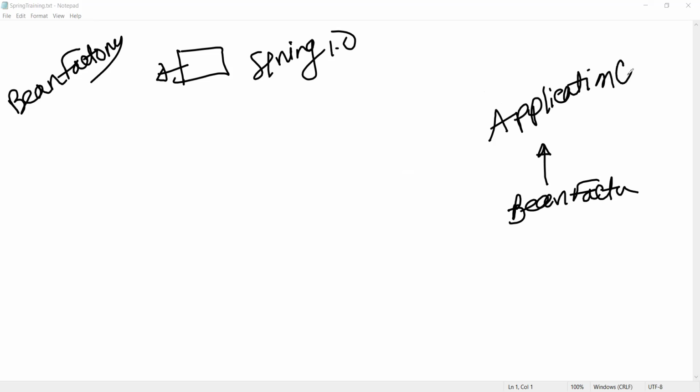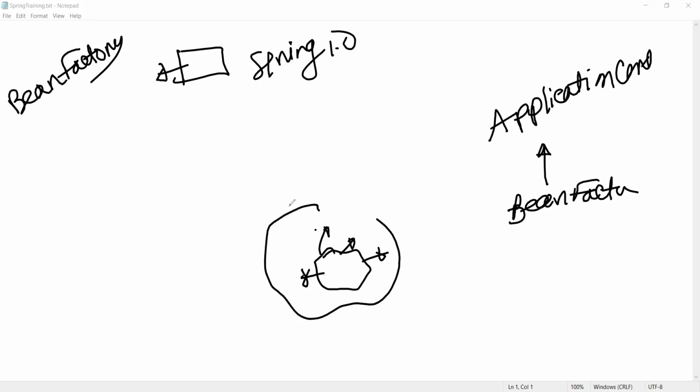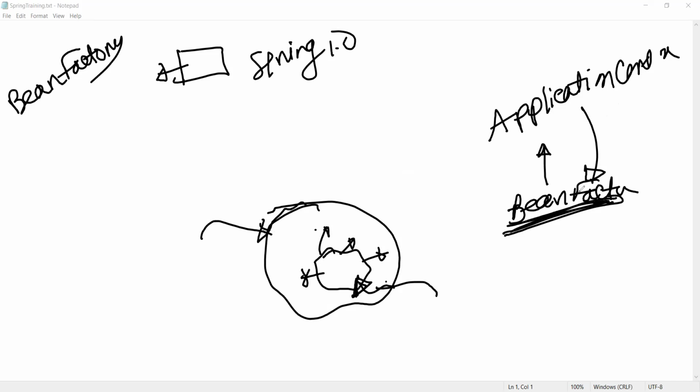There is an engine, right? You wrap the engine, or add some extra features to this engine, and you create another one. Do we care about this small engine? No, mainly we care about the big engine. So application context internally is what? Bean factory, of course. Right now, mainly from Spring 2.0.